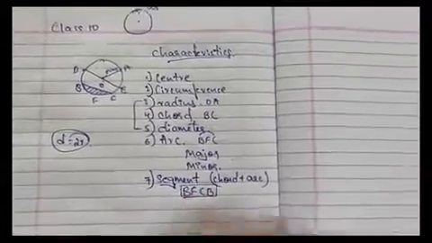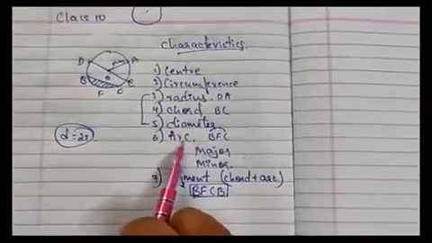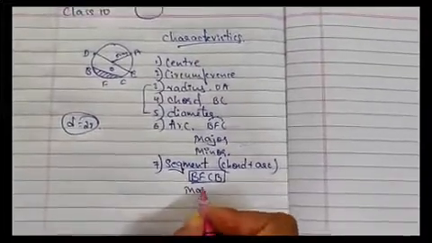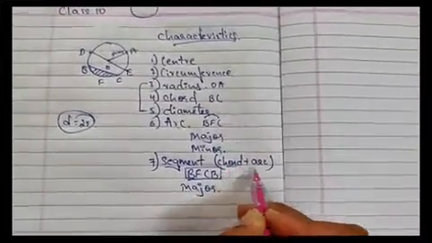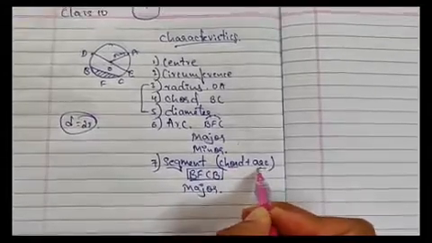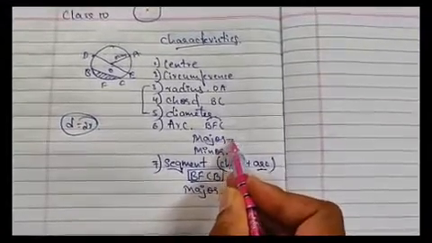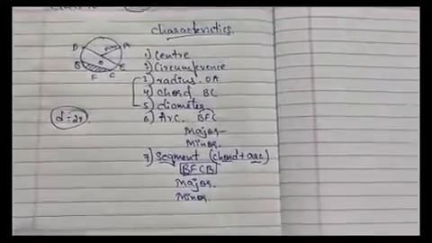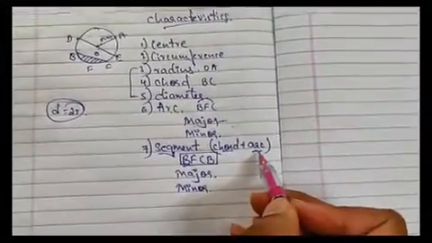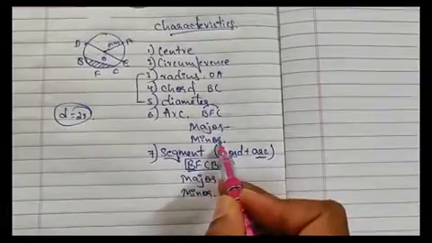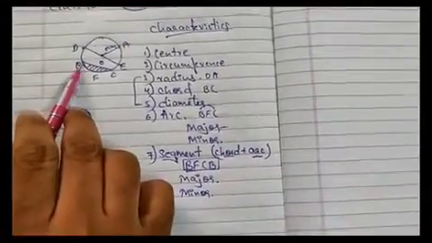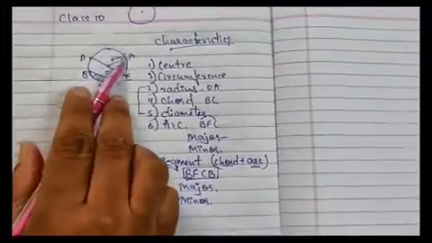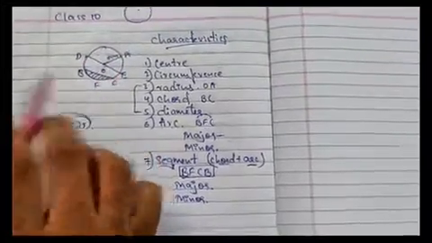It is a segment. Similarly, just like arcs, we have 2 types of segment. One is the major segment, which has a chord and an arc. Which arc will it have? It will definitely have the major arc. And the minor segment. What is a minor segment? It will also have a chord and an arc. What type of arc will it have? It will have the minor arc. So in this example, this segment is the minor segment and the leftover part is the major segment.